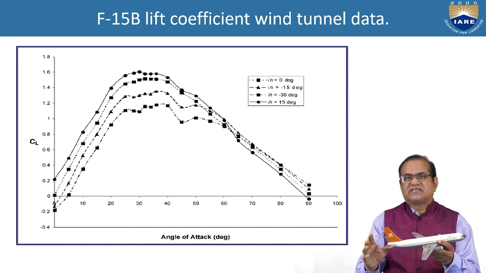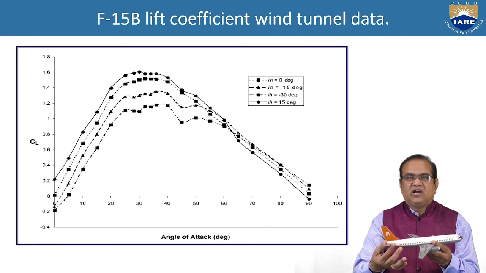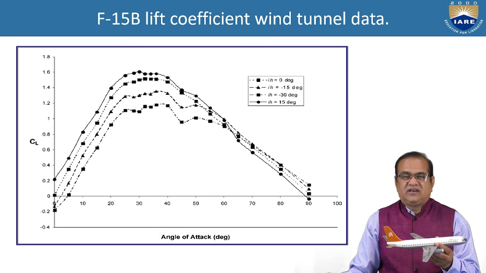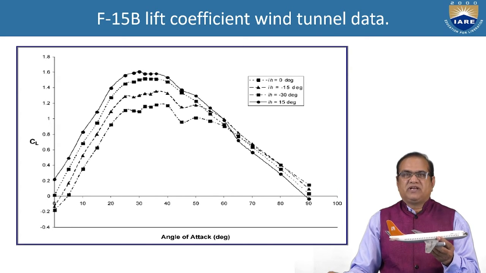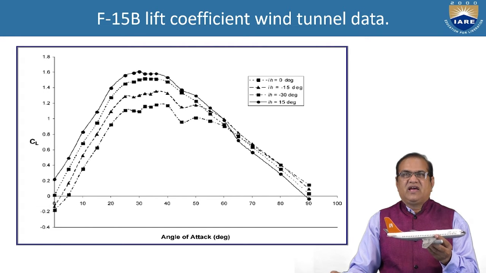So we have to see what happens if we change the setting angle of the horizontal tail. These are the results obtained from the wind tunnel for the F-15B fighter aircraft,